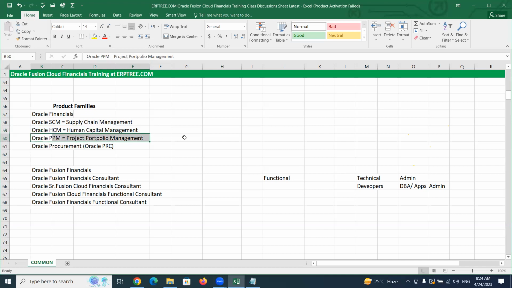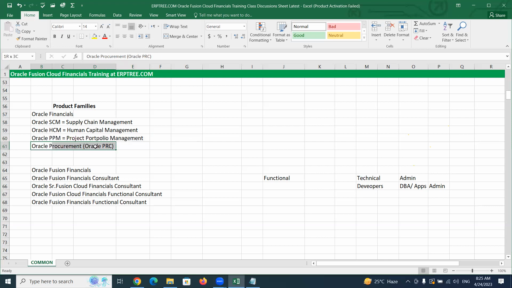If they are into some kind of project activities, they may do the projects internally, or there might be cases where they do the projects for their customers. To capture the data, they can use Oracle PPM, Project Portfolio Management. What projects they are doing, what type of project that is, whether it is a contract project, an internal project or a capital project, who the customers are, what contracts they have with their customers, when they can send the bill, how much expense cost they are incurring from the project by doing some activity. All the project related, project driven organizations can use these applications.